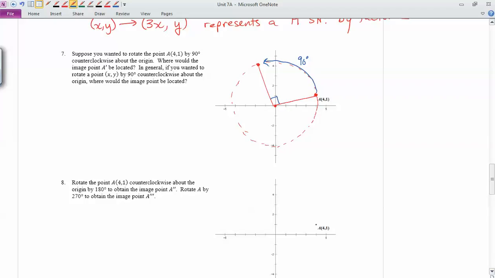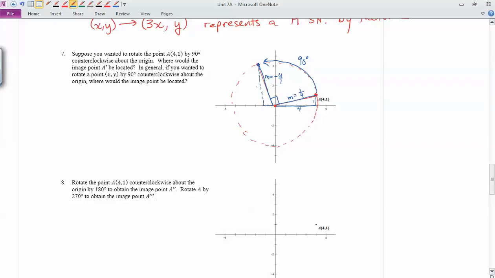And so one thing that we can do to figure out where that image point ends up, other than just trying to eyeball it, is by saying, well, we know that perpendicular lines have slopes that are negative reciprocals. And if you tried to figure out this guy's slope, well, it's 4 across and 1 up. So this guy's slope right here is rise 1 over run 4, so 1/4. So then this guy's slope will have to be the negative reciprocal of that. So this guy's slope should be negative 4 over 1,